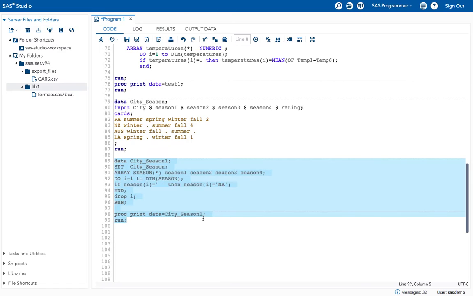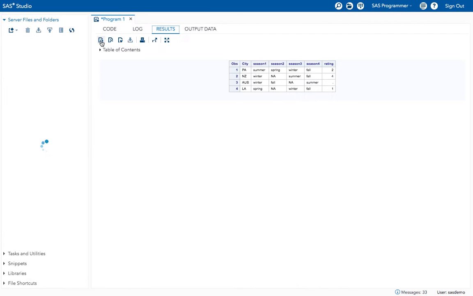As it is applying for all the character variables only, now what you can do is, instead of writing season 1, season 2, season 3 and season 4, you can do it this way also. I got the same result, right?